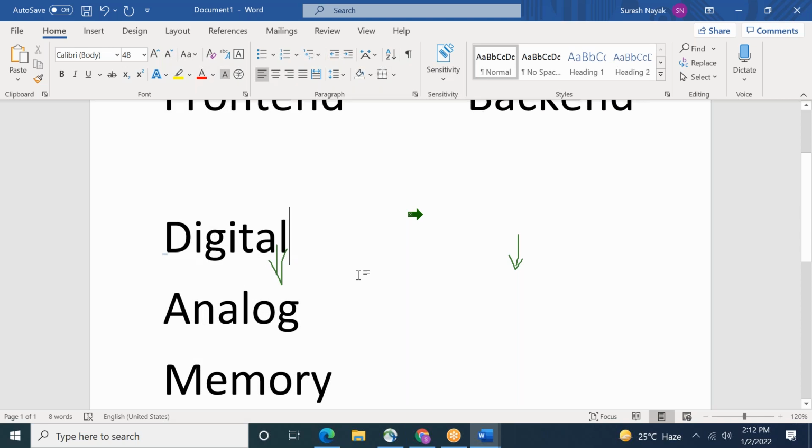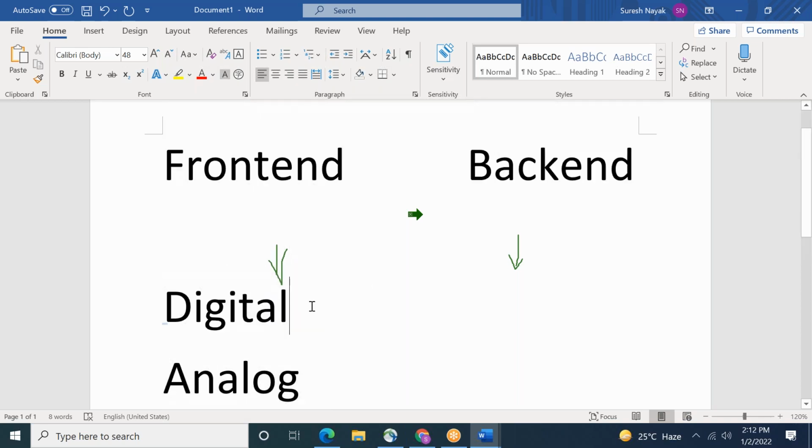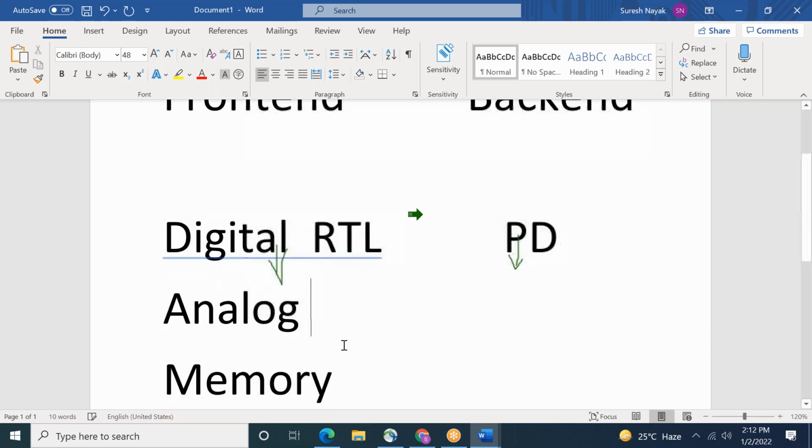So for digital, front end people will be called RTL designer, and back end people are called PD people, physical design engineer. For analog, it is called analog design people.